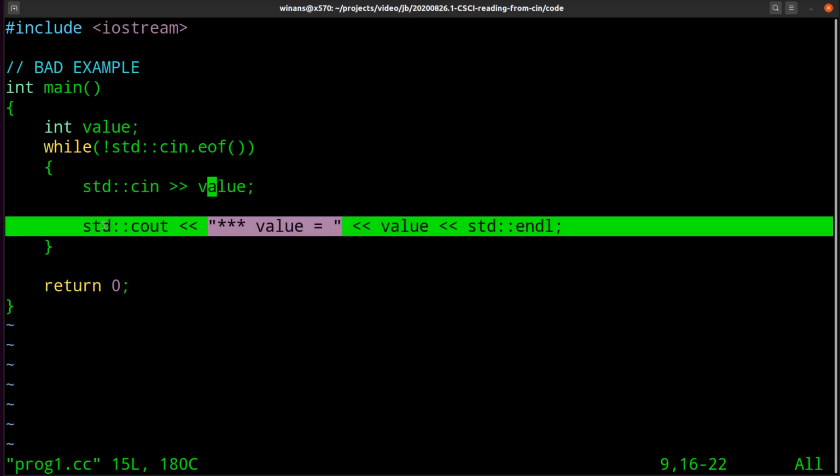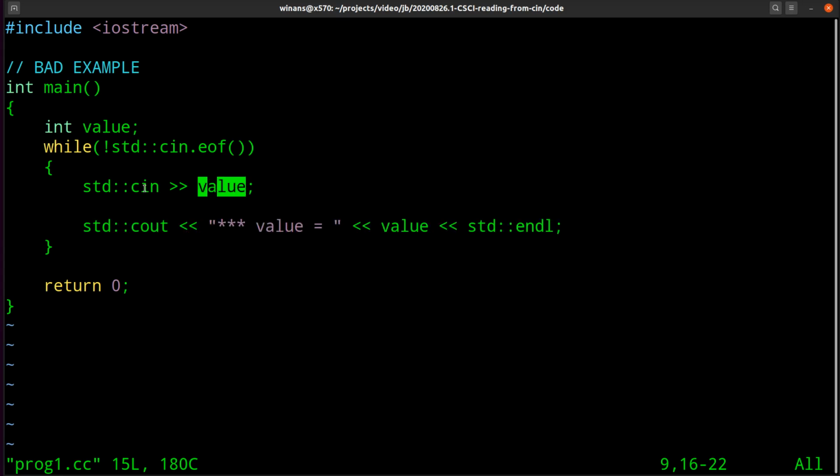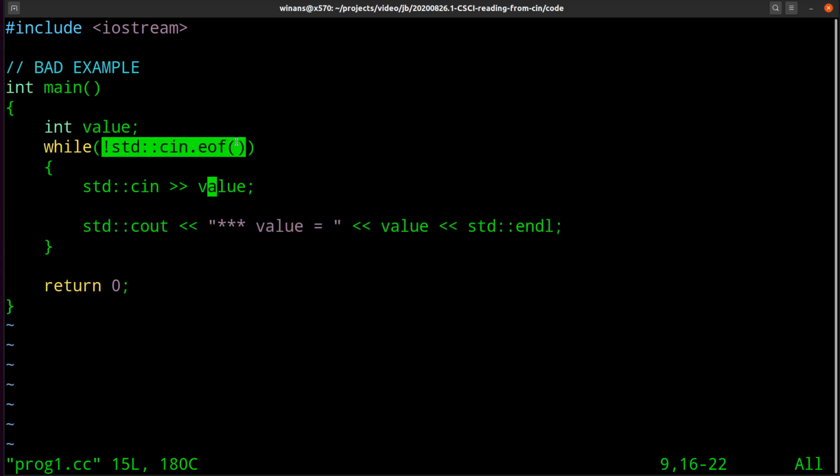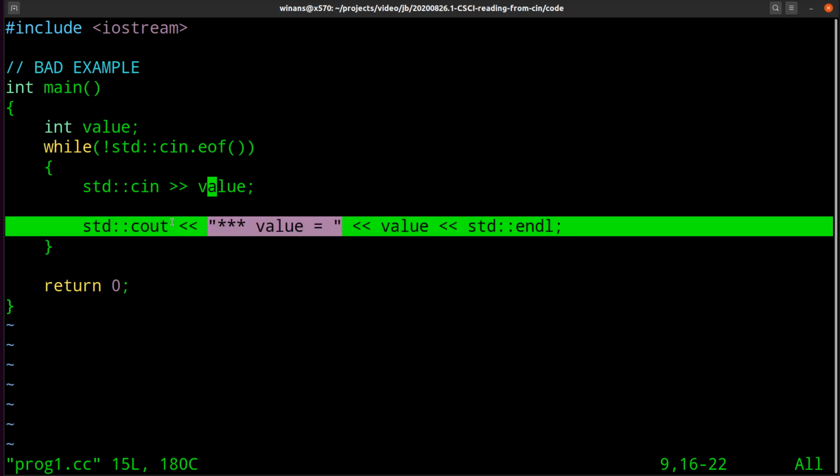We then go along and process the value variable. Again, that's why we got that extra copy printed out with the last input value because it was never updated when it encountered EOF. It then printed out that last value twice. It processed it twice. And then we come back up to ask at the top of our while loop, and we find out that we've encountered EOF and the program exits at that time. All right. So that's how this is broken, by printing out the last value twice.